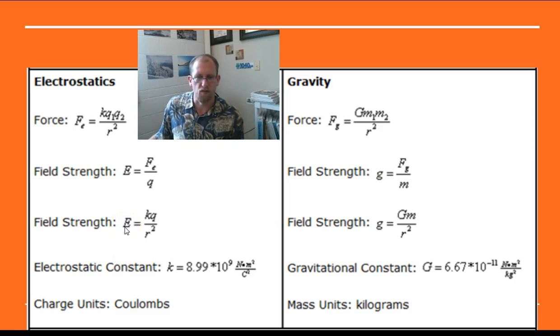Field strength, again, Coulomb's constant, the charge that I'm dealing with, and the radius of the separation squared. Same idea: gravitational constant, mass of an object, radius of its separation, can give you little g. Even the numbers look similar except for the power of the exponent. Here we have 8.99 times 10 to the 9th. Here we have 6.667 times 10 to the negative 11th. So you can see, the numbers are of